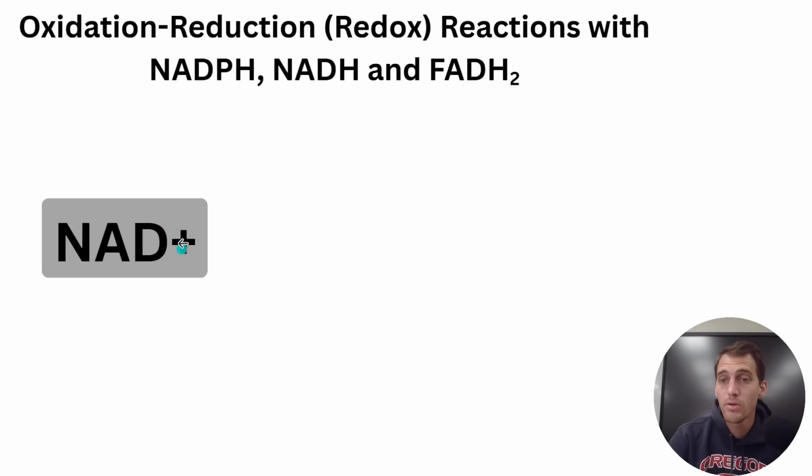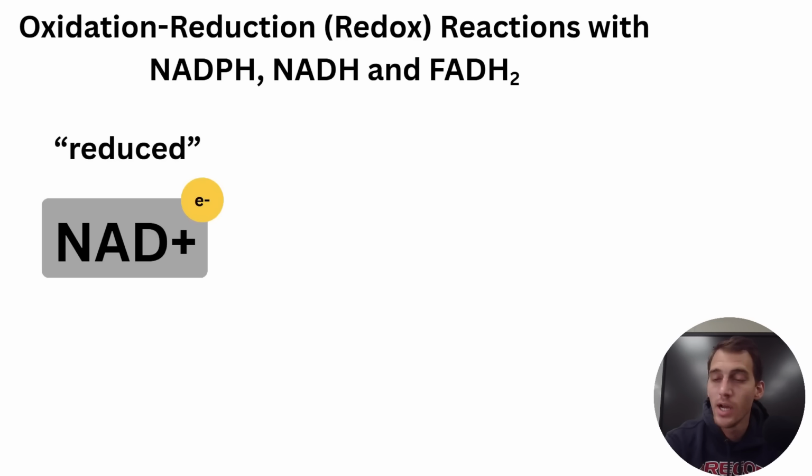So I'm going to show you a super simple example of a redox reaction, as we call it, or an oxidation reduction reaction, involving NADH here, which is one of our three reducing agents that we're going to be talking about. All right, so when NADH doesn't have an electron, it has a little positive charge, and we call it NAD+. So remember, electrons are negatively charged, so if this is lacking an electron, it's slightly positively charged, right? So it's NAD+. But once it gains that electron,